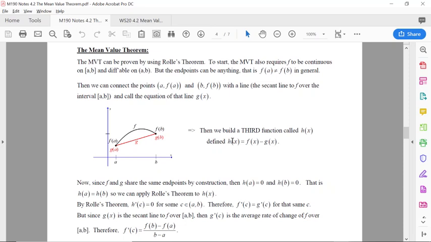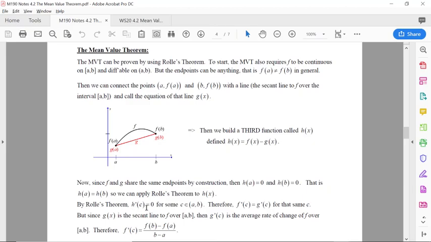And if h prime of c is equal to 0, then that means that f prime of c minus g prime of c is equal to 0. The same as saying that f prime of c equals g prime of c. That's the same as where f prime minus g prime equals 0. That's where we use Rolle's theorem there. So f prime of c must equal g prime of c for some value of c. The same value of c that would have made h have a